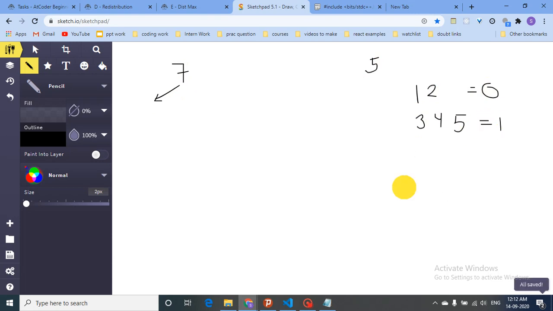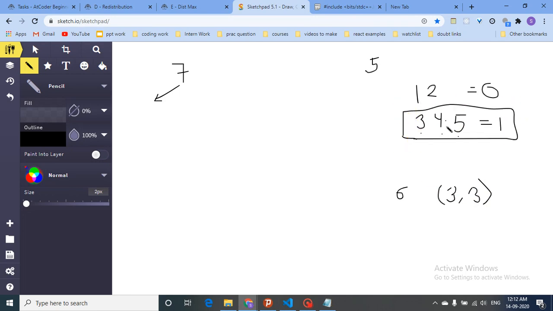If the number is 6, it can be divided into 3 and 3. But if a number is 3, 4 or 5, it cannot be divided further, because if you divide it more, you will get numbers less than 3. If you divide 3 into something smaller, both numbers will be in the range between 1 and 2 only, so you cannot make that change, and thus the answer for all of these is 1. For a number greater than 5, like 6 or 7 or anything, you can divide them.